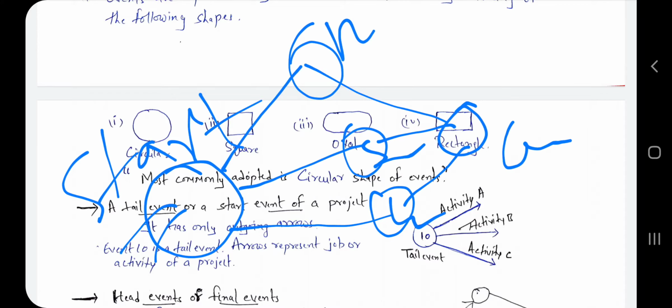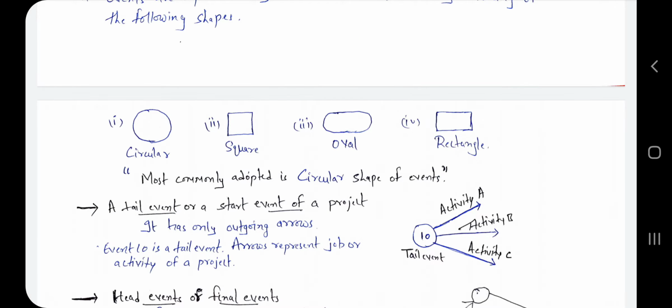So this one is the tail point. Why? Because from here the arrow is going outside. Okay, so it has only outgoing arrows. These outgoing arrows show that this is our tail event. Okay, so event 10 is a tail event. Arrows represent a job or activity of a project.